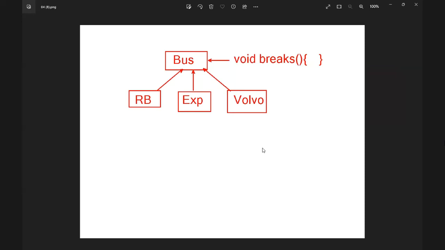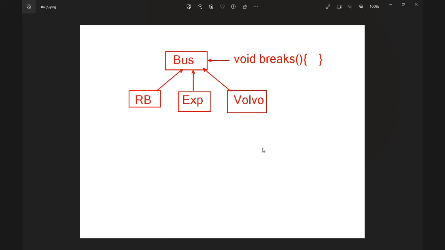Now take Volvo. Volvo wants more powerful brakes because this bus is running very fast. The implementation given in the bus class for the brakes method is not satisfying the requirement of whom? Volvo. Then what does Volvo have to do? It has to change the implementation, more powerful brakes like a disc brake or air brake or some other brakes he wanted to add. Then in that case, he has to take that method as it is and write it in the Volvo class. Are you catching my point?